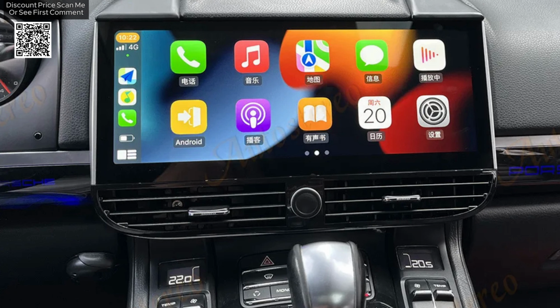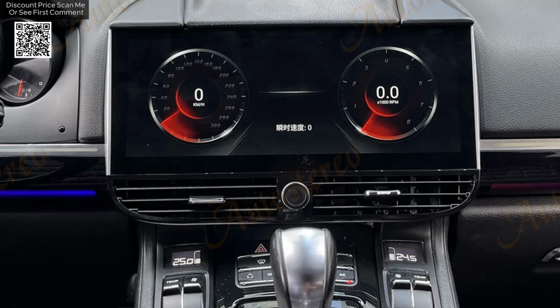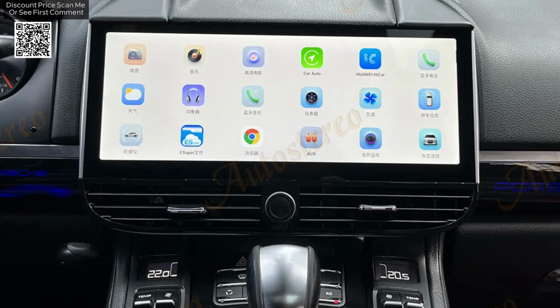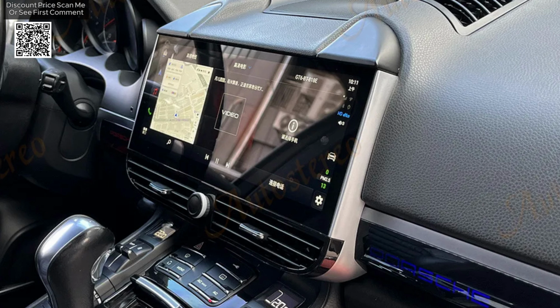Designed specifically for Porsche Cayenne models from 2010 to 2017, the HeadUnit ensures a perfect fit and seamless installation, maintaining the vehicle's original aesthetics while providing an upgraded, modern infotainment system. Whether you're using GPS navigation, enjoying music, or staying connected through 4G LTE, this HeadUnit delivers a comprehensive, user-friendly experience